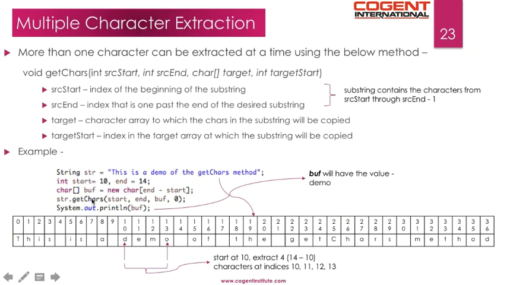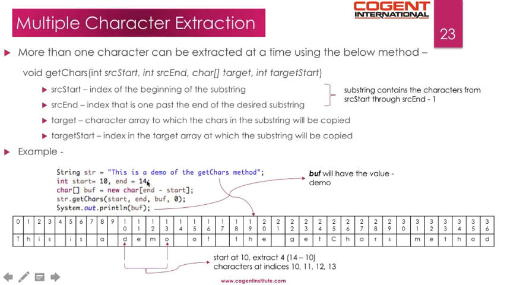And when we invoke getChars on the string object and pass in the start and end indices, the target character array, and the index at which the extracted characters need to be placed in the target char array, which is 0 in this case. Since the start index is 10, it will refer to this character, which is D, and the end index is 14.